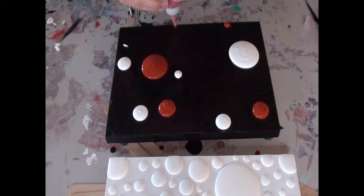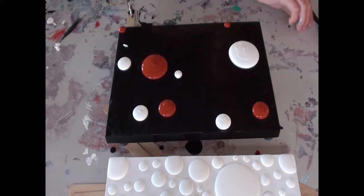Let's do a smaller one. Oh, let's do this corner one. Get that to run over the edge. Ooh, yeah, liking it. Okie dokie. Now we'll do,